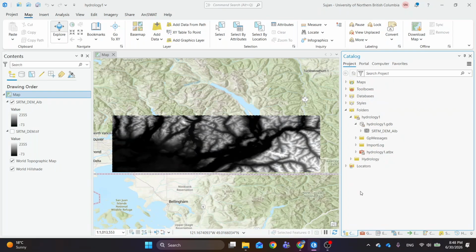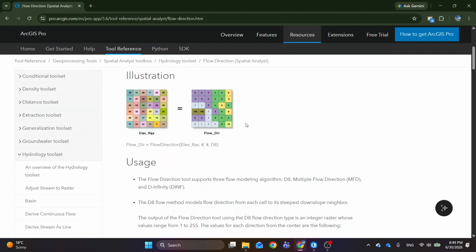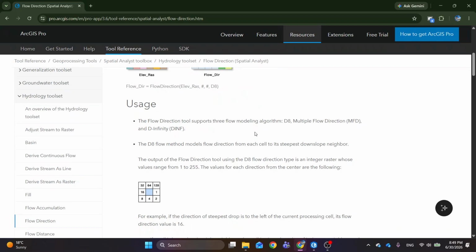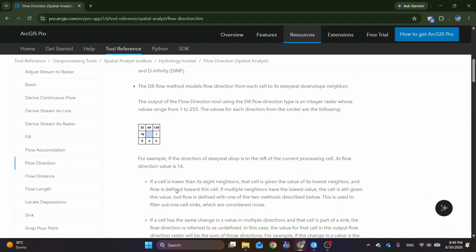Hello everyone. So today I'm going to talk about the flow direction, and to calculate the flow direction, you need to understand some of the things. Flow direction always justifies that from the center cell, in which direction the next value is going to flow towards. For example,